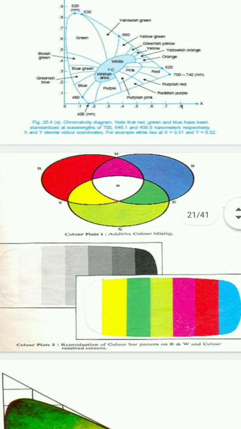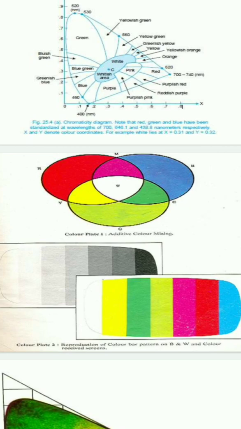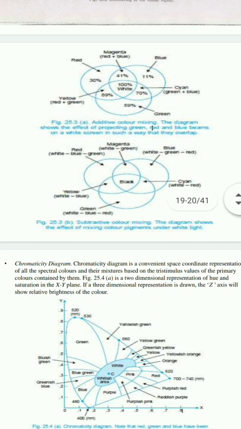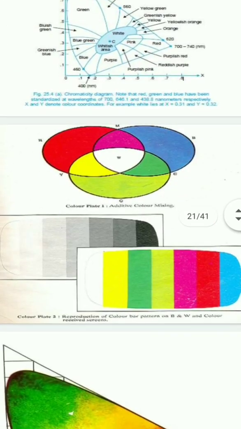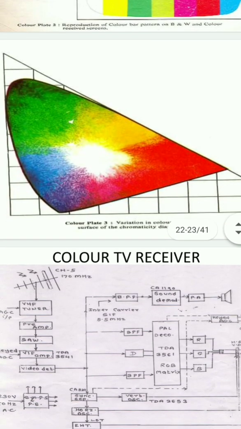So here, if we are supposed to represent the brightness, we will require a third axis, that we can say is a Z axis. You can see another diagram, the same as the one we have seen, of additive and subtractive mixing. Only they are showing it in the form of a rainbow, how you will get the different colors by additive mixing. So here, if you see, this is nothing but the same chromaticity diagram.